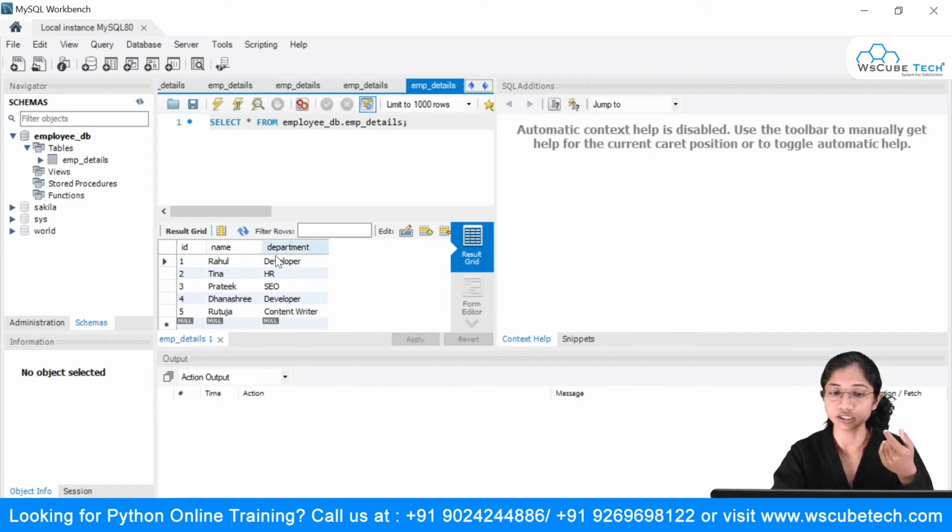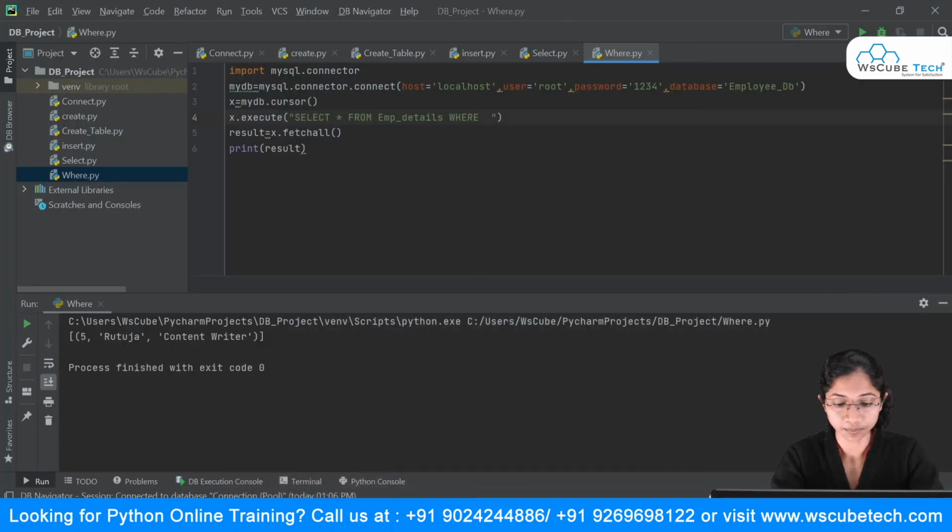This is nothing but my phrase, dev, a group of letters. So I will say where department like, and inside my quotes I will put a percentage sign, and then mention that phrase.